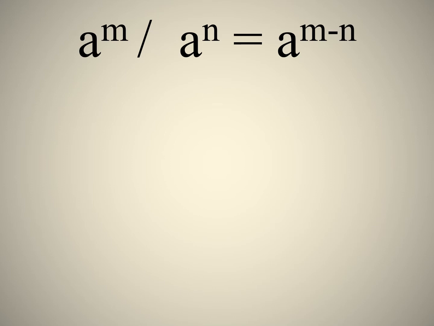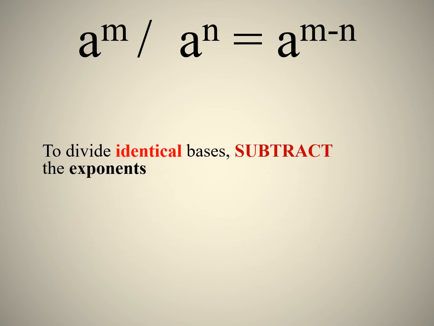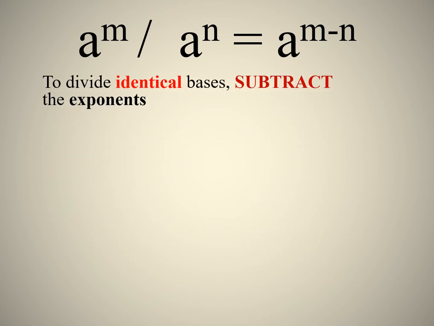Here again, note that the base of all the numbers is identical and it is equal to a. So, to divide identical bases, subtract the exponents. For example,